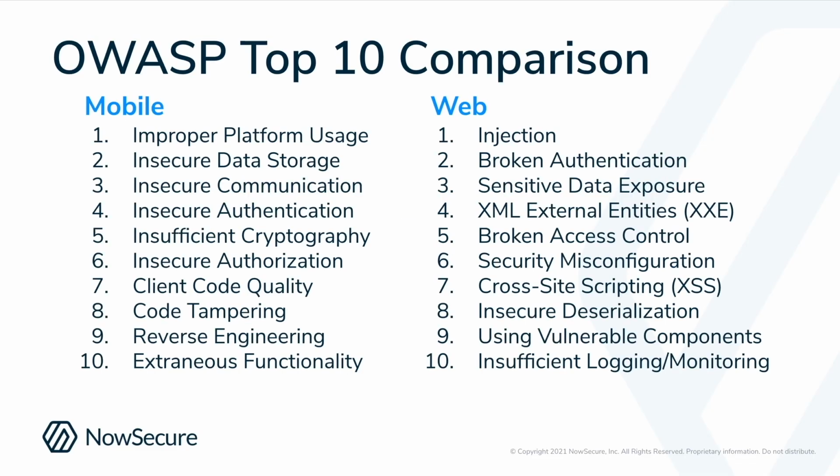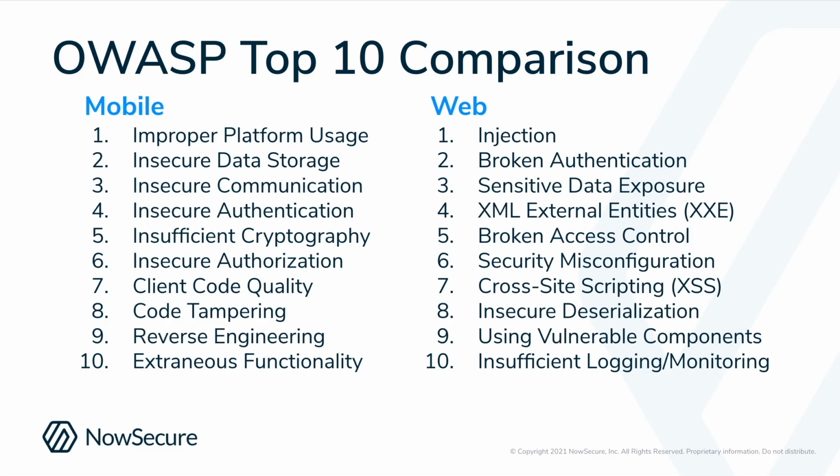So if you're not familiar with the OWASP Top 10, the OWASP Top 10 is a guideline. It's basically a list of, hey, these are 10 vulnerabilities that we're seeing more common than any others. There's a mobile list and there's a web list. This has been going on for quite a while now, and if you're not familiar with it, I highly recommend checking it out because it's a great document to share with developers and security people to understand what the big